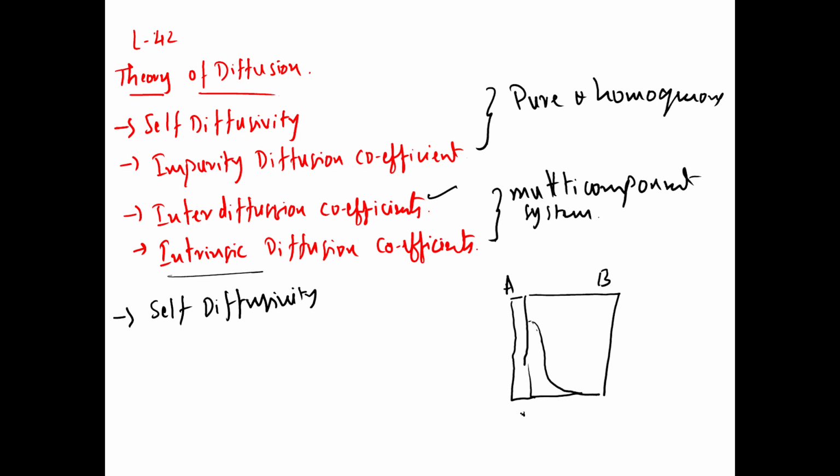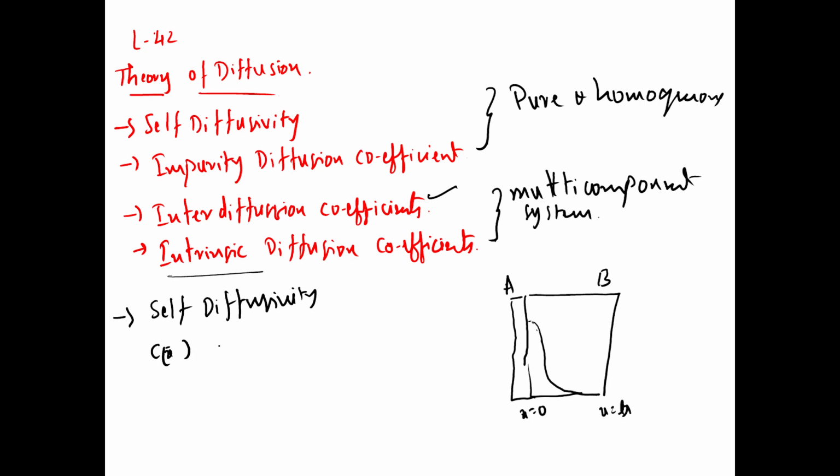This is x equal to 0 to x equal to L or infinity. Infinity means the metal which is here is not able to diffuse completely to the other end of the metal B. So, to develop this concentration profile,